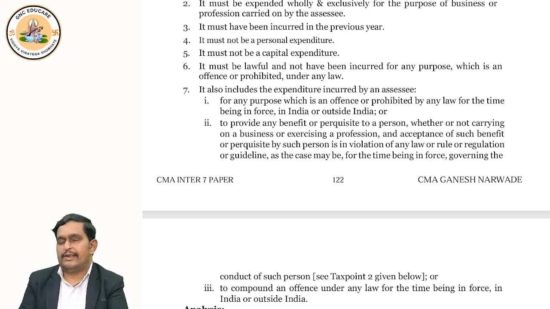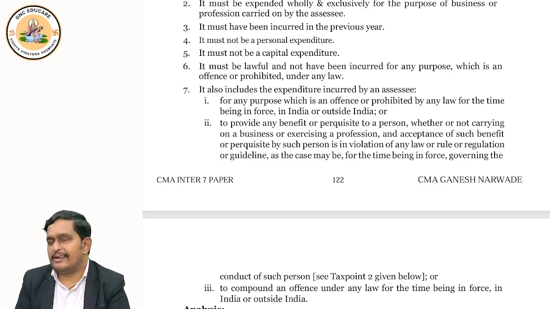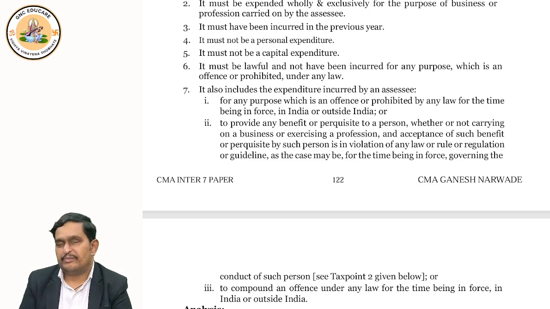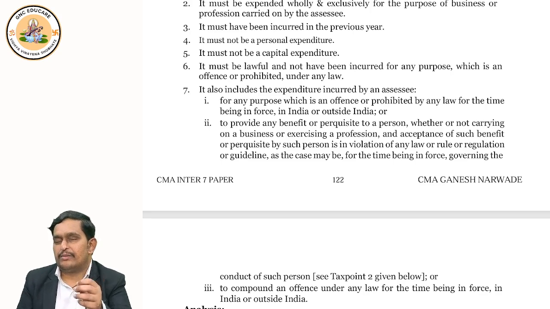So if these general deductions are listed, you try to remember, that would be great, because any expenditure can be claimed if it is for the business and not covered under section 30 to 36 and is lawful. Then nobody can stop you from claiming the deduction,